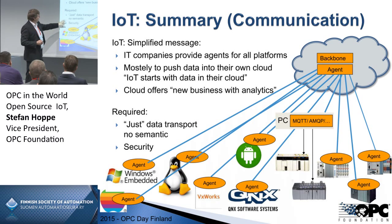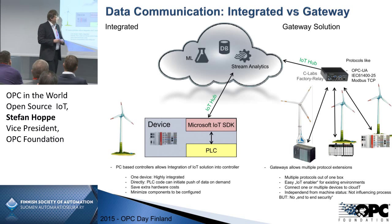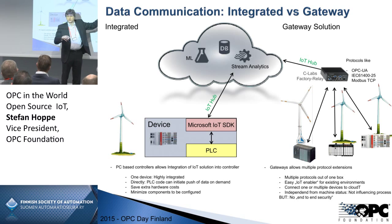And by the way, this is really more like a byte stream, a blob, which is then pushed to the cloud. In the near future, I know that a lot of companies go into the market with gateway solutions. For example, Intel also tries, or Cisco tries to go into this market and say, we have a gateway, put this gateway in front of your machine. It supports all kinds of protocols, OPC Connect and others, BACnet, and then you can connect to